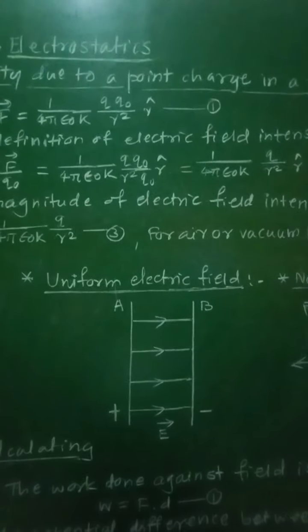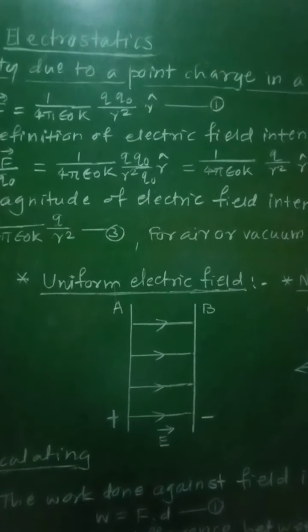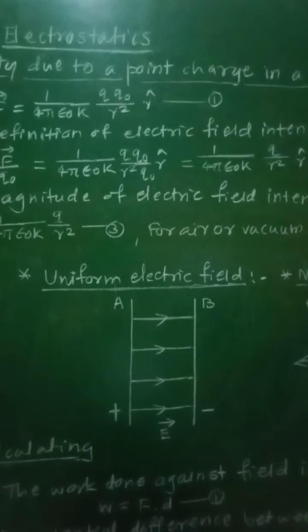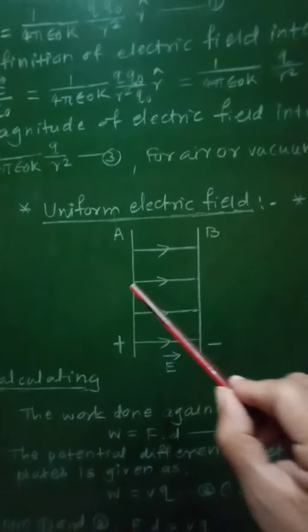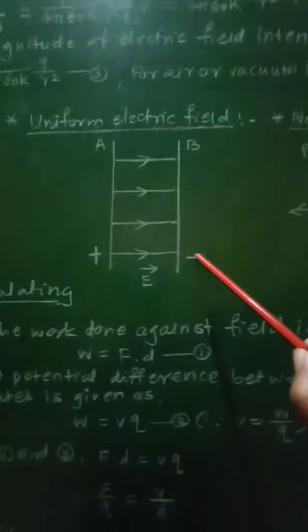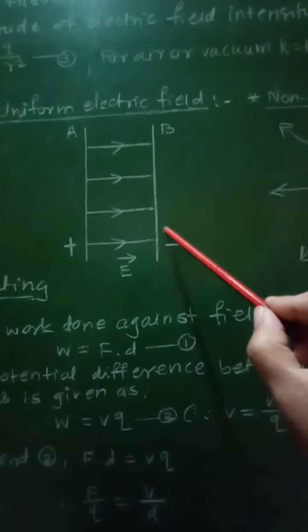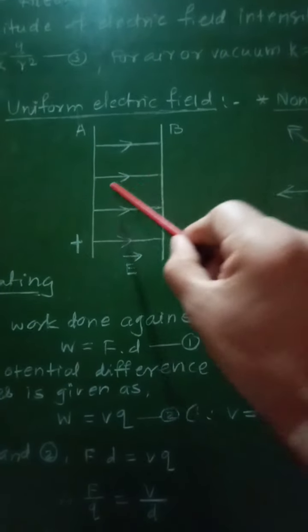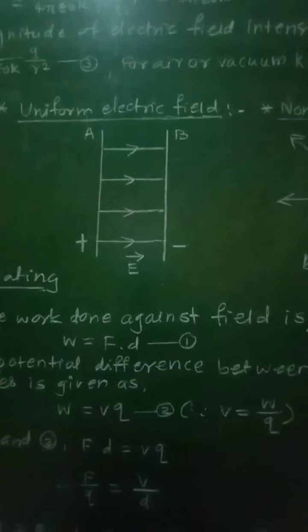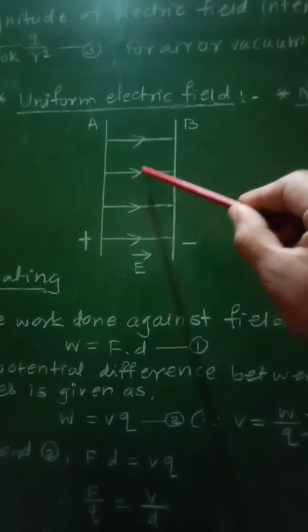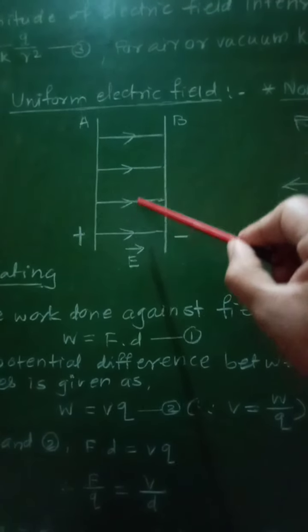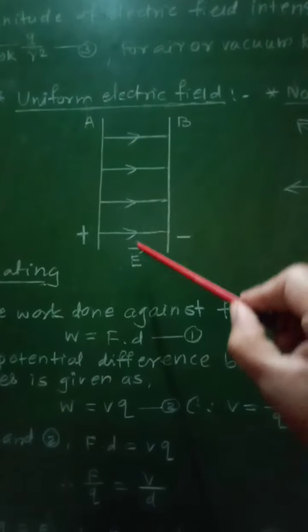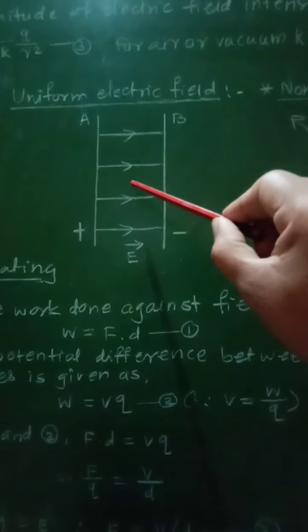A uniform electric field is a field whose magnitude and direction is the same at all the points. For example, the electric field between two parallel plates. Here A and B are the two parallel plates. A plate is positive, B plate is negative, and as these two plates are parallel to each other, these horizontal arrows represent the electric field, and therefore this electric field will be constant in magnitude as well as direction between these two plates,